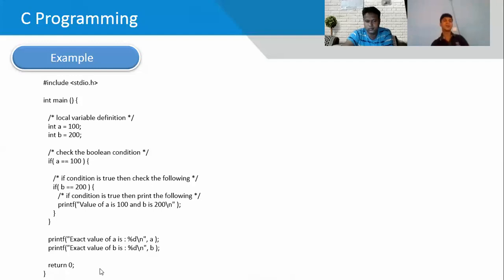So the last data, where printf is written, is to show the values we pass. We use this printf to show the value. So int a equals 100, int b equals 200. To print this value data, we use printf.